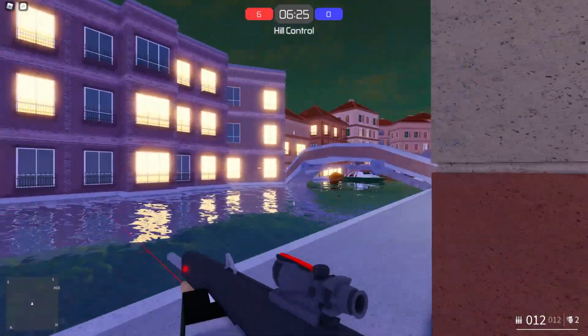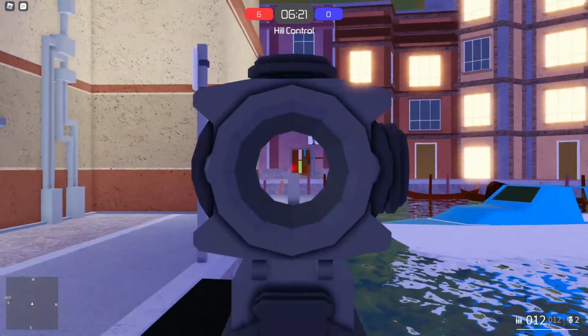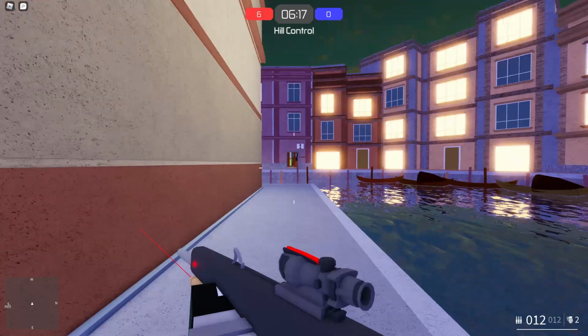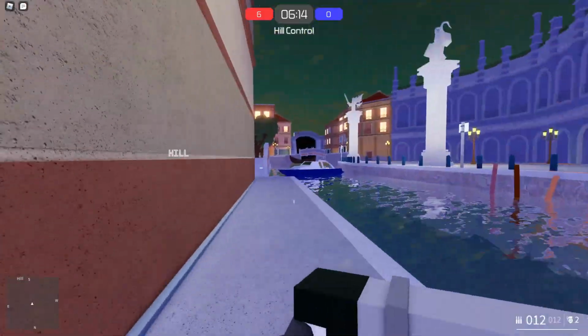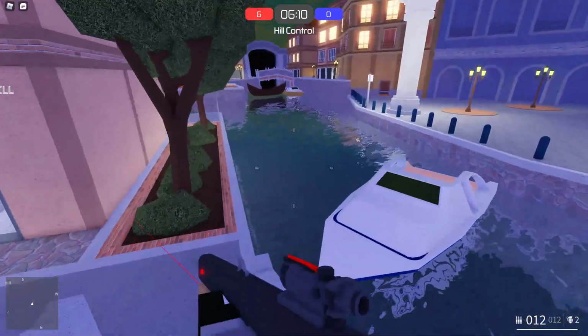So I kind of just recommend hip firing with this weapon. But I mean, if they're really long range, you just want to pull out your pistol, because this thing's not going to do much at long range. But if you are a fast-paced shotgun player, then this is pretty much the perfect setup for you with the